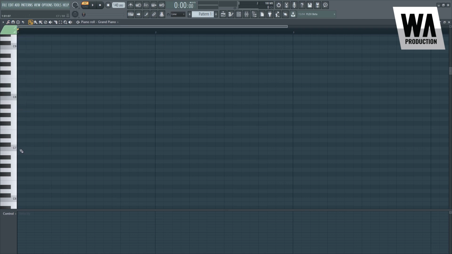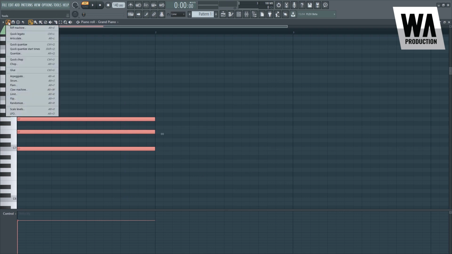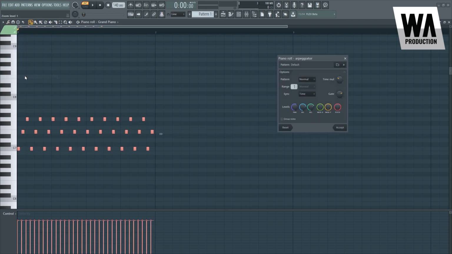So what we can do is we can put a chord, let's say a C. We have a C major triad here, right? So what we can do is we can go to tools. We can select between the arpeggiator and the randomizer. The arpeggiator basically will articulate the chords for you vertically. So you now have a lot of note inputs right here. So if you play it,